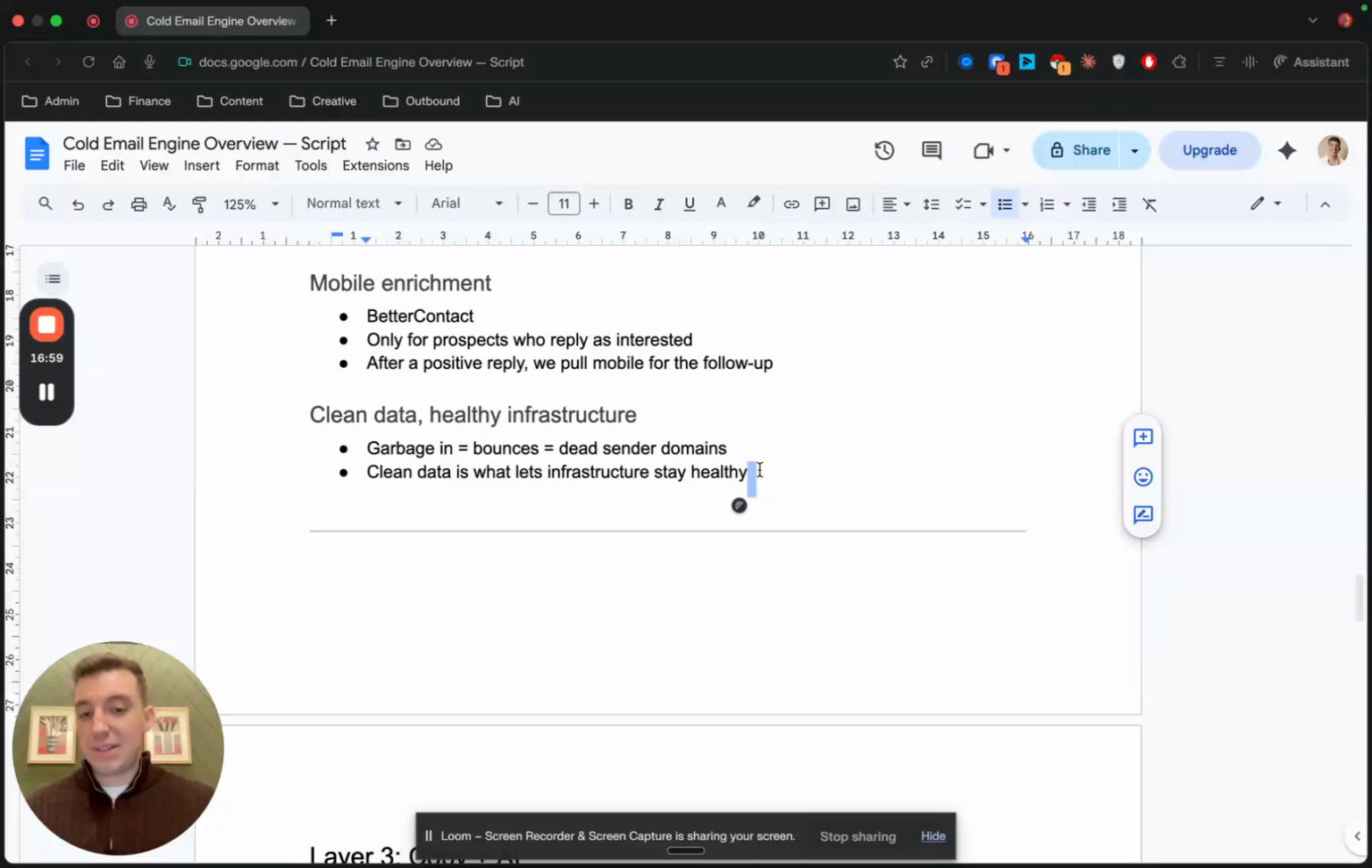Clean data is what lets the infrastructure actually stay healthy. So all of these things, keeping bounce rates low, making sure that the data is clean, using good data providers, all this kind of stuff. Making sure that the list is clean and not full of garbage is really important as well. Because a lot of times when you build an initial list with data providers, unless you put in the absolute perfect filters, you're going to get like 10, 20, 30% of the data that's in there